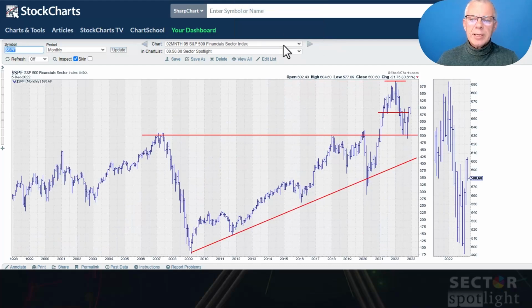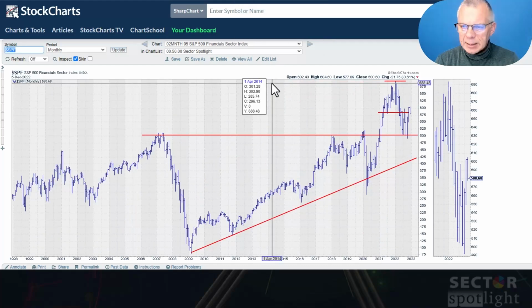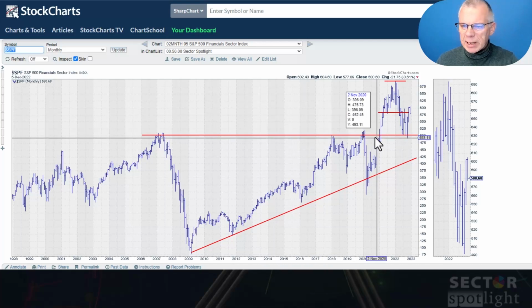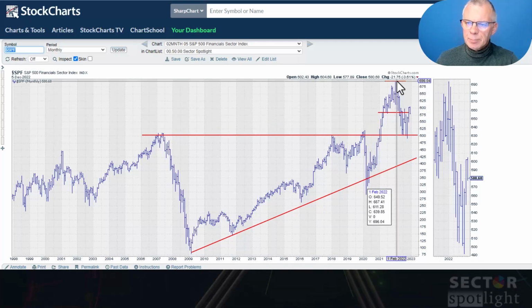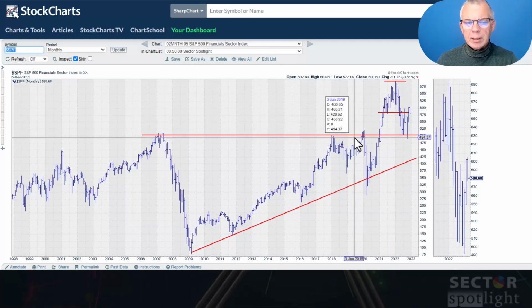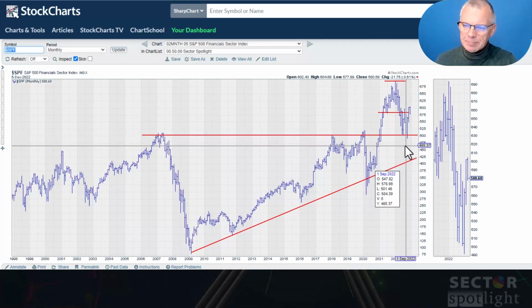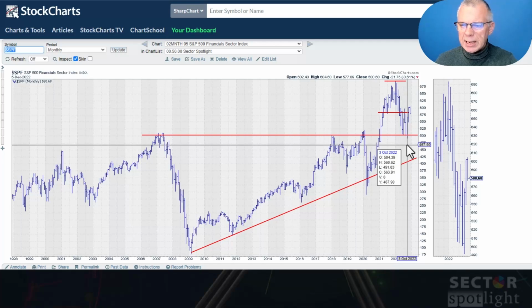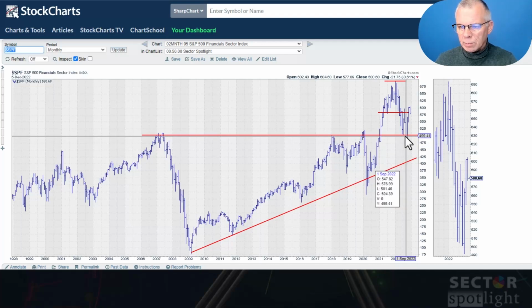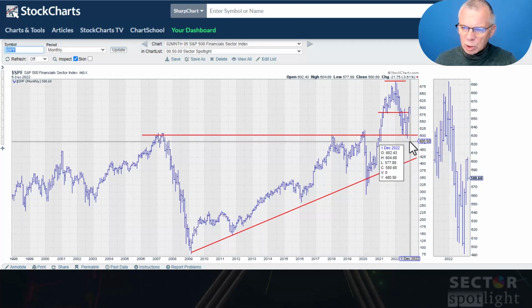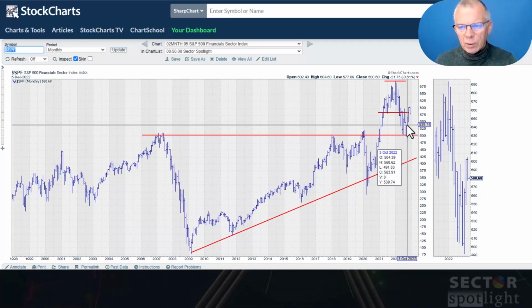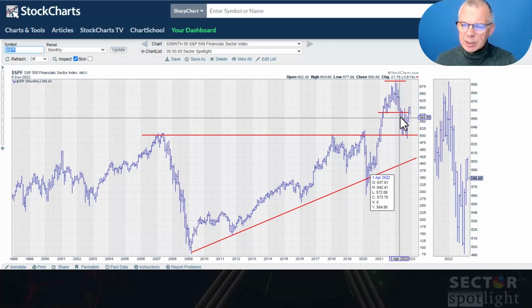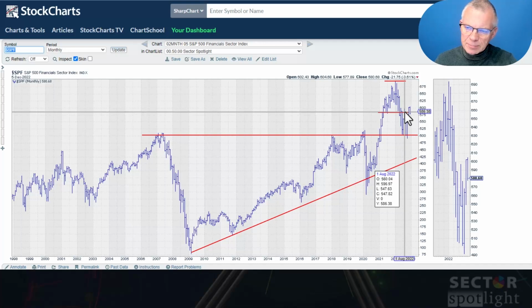The next sector is financials, and here also we saw a strong rally after that upward break, put in a new high, dropping back where old resistance started to act as support, and that happened twice. The first time here in June and July, and then more recently in September and October. And out of that low, October was a really strong month, and we had a good follow through in November, bringing us back above the resistance area.